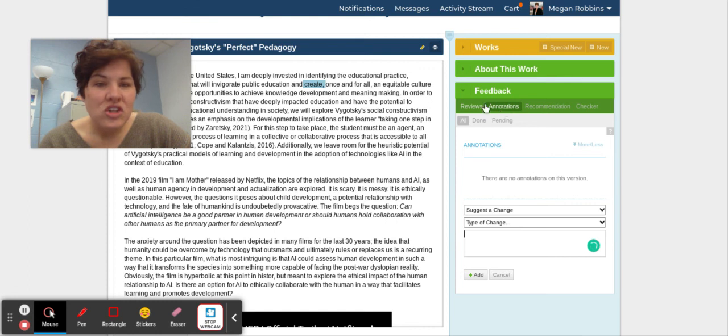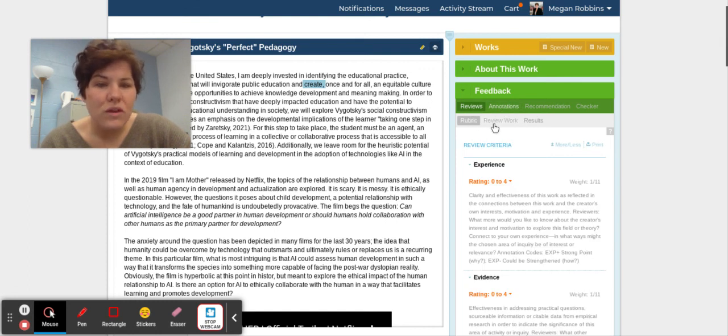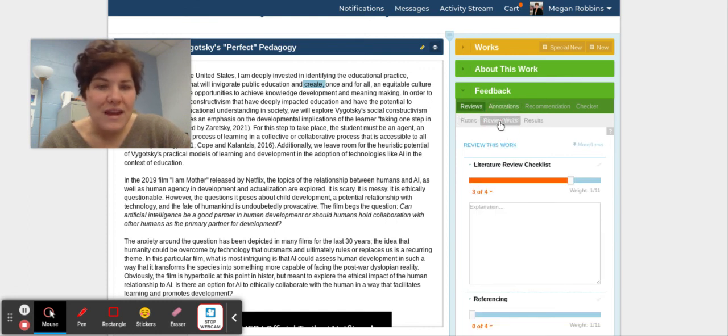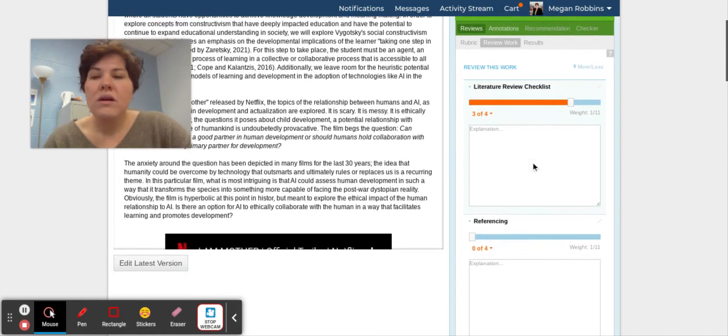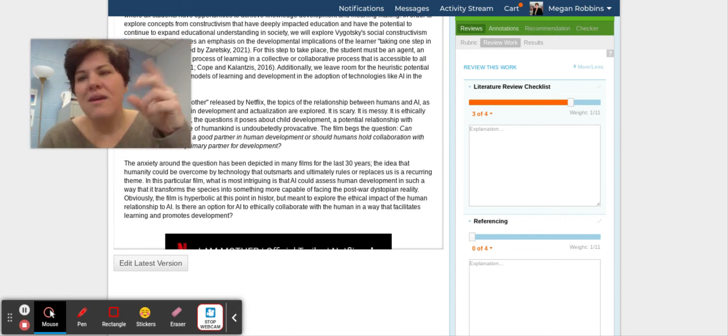how to do the annotations, how to do the reviews, and to review the work. Okay, so these two buttons are really important. And I want you to know that you need to be able to do 10 annotations, okay? And that when you actually review the work, 1 through 4 rating in these areas, you need to be thorough in your explanation in each box. You're looking for about 40 words per box. So not a ton, like caption size, but you want to explain and be specific about what they needed to